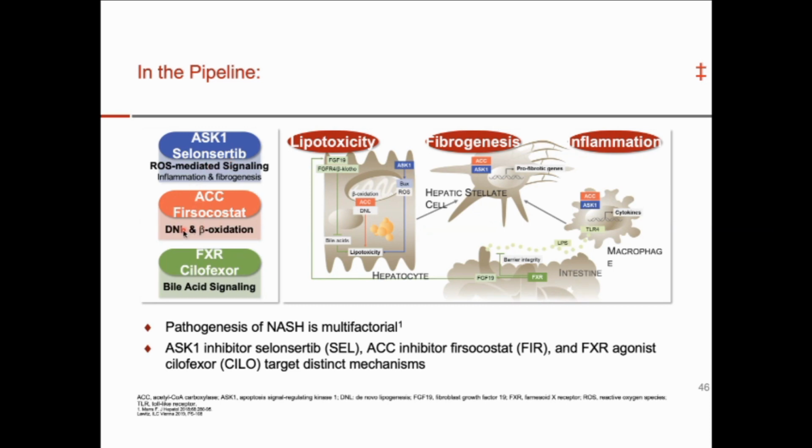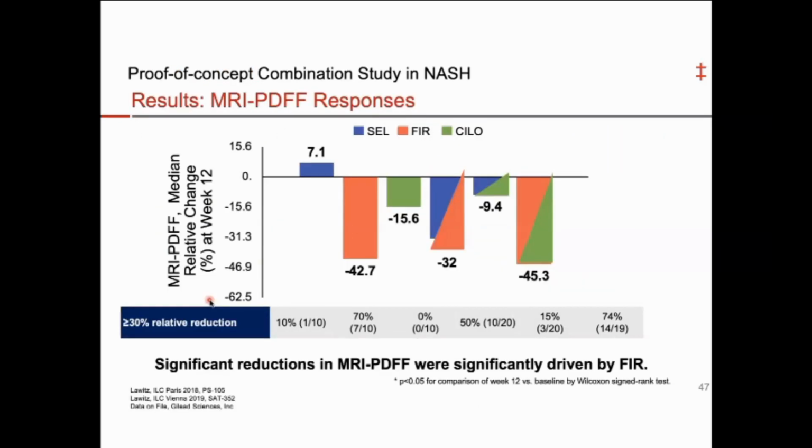But their firsocostat, which blocks de novo lipogenesis and beta oxidation, in conjunction with cilofexor, which is involved in bile acid signaling, does show promise. So I'm just showing this one slide out of the many for the sake of time. So selonsertib did not do anything, but the combination of cilofexor and firsocostat did. And this is looking at MRI PDFF, or fat fraction, where it causes significant reduction at week 12 in patients